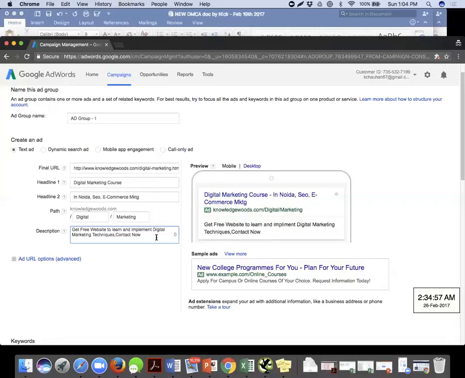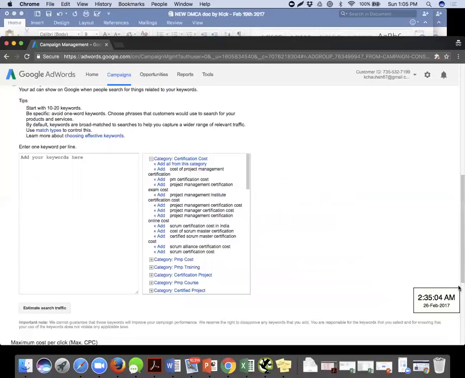Okay. So when we scroll further down, the ad has been created. Scroll smoothly and slowly. Now comes in this keyword, small keyword planner, you can say. Keyword suggestions have been given. Now, how are these keyword suggestions coming across over here? Google has seen our final URL. We provided the final URL in the ad.